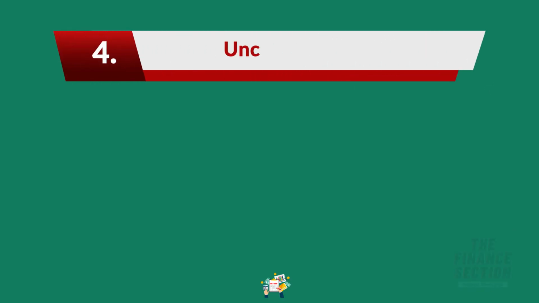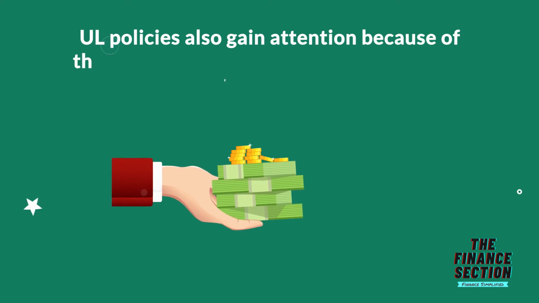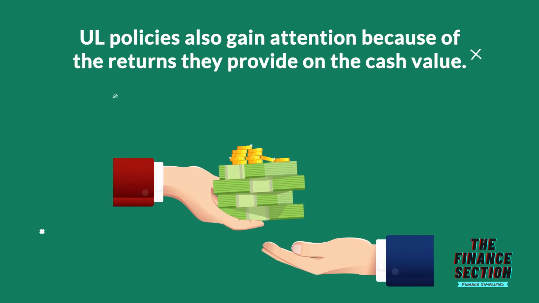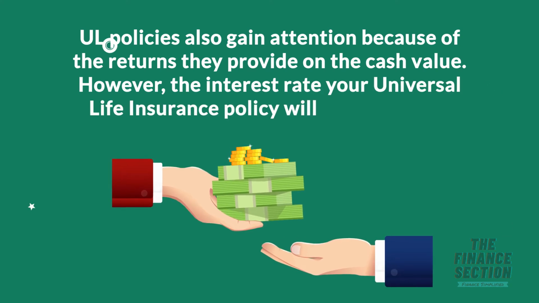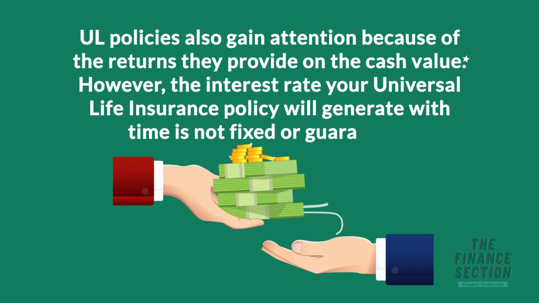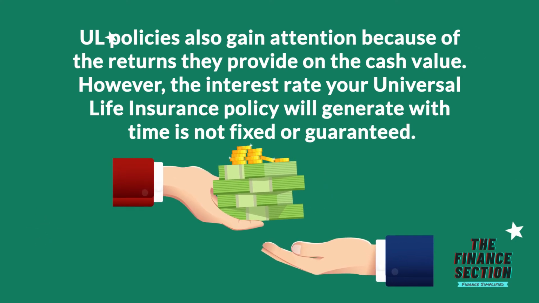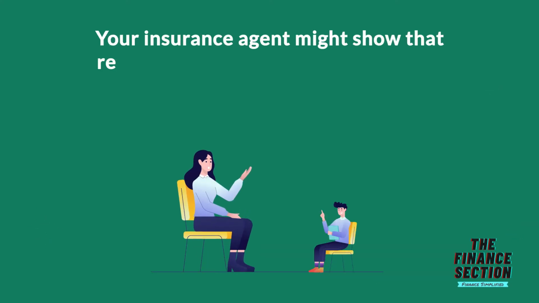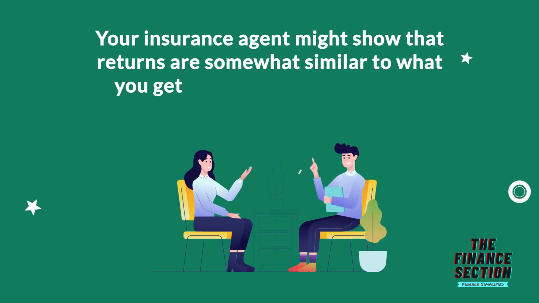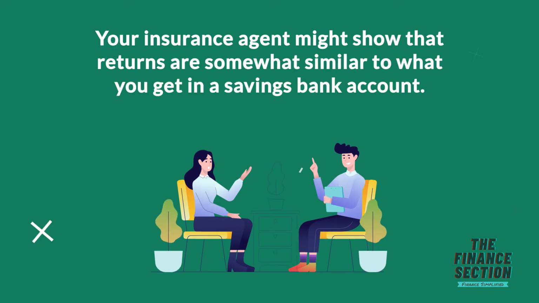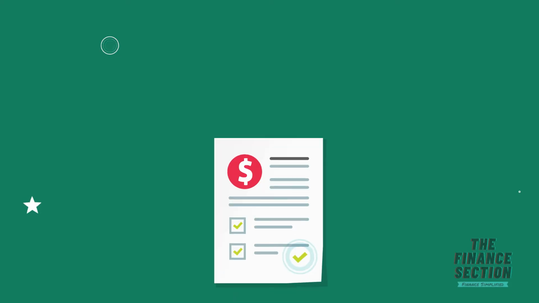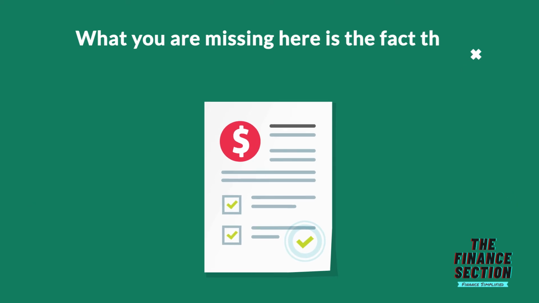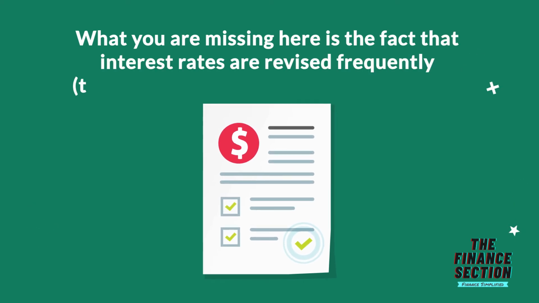4. Uncertain returns. UL policies also gain attention because of the returns they provide on the cash value. However, the interest rate your universal life insurance policy will generate with time is not fixed nor guaranteed. Your insurance agent might show that returns are somewhat similar to what you get in a savings bank account. For some of you, this information is enough to go for a UL policy. What you are missing here is the fact that interest rates are revised frequently, 3 times a year or more,